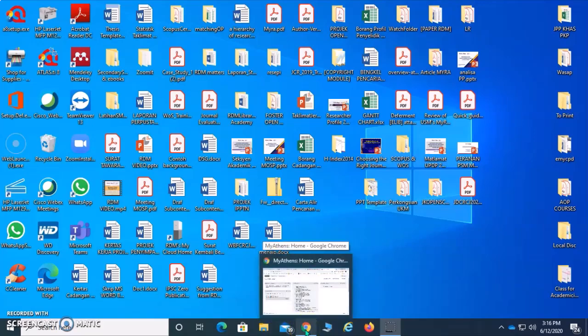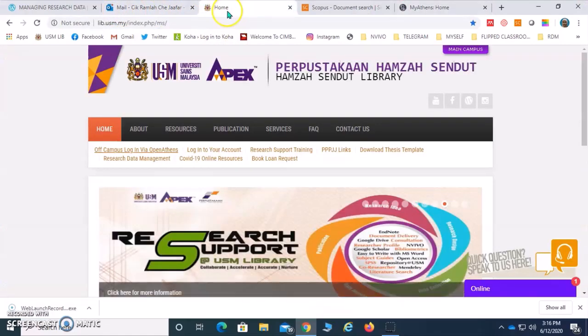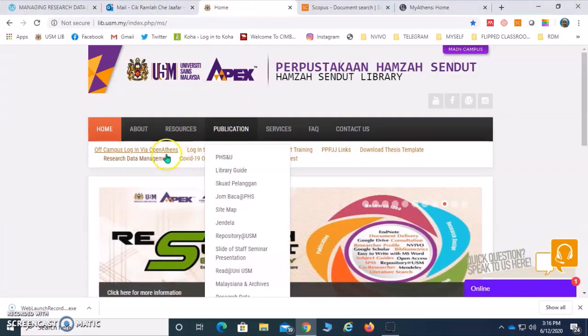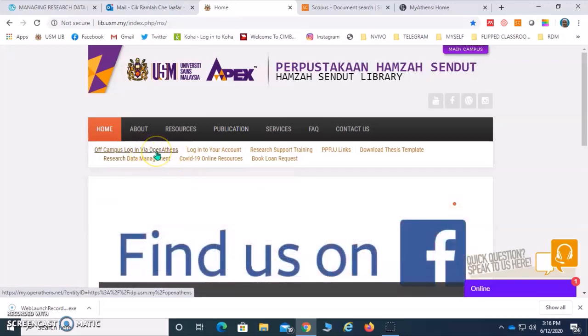Today I will show you how to use compare sources, or how to compare a few journals in one subject area. Okay, so you go to SCOPUS first, and click on off-campus login via Open Athens here, right? And next,